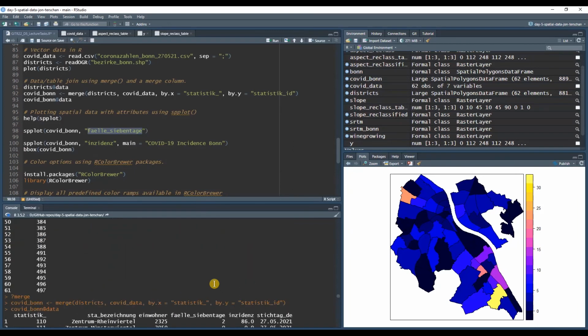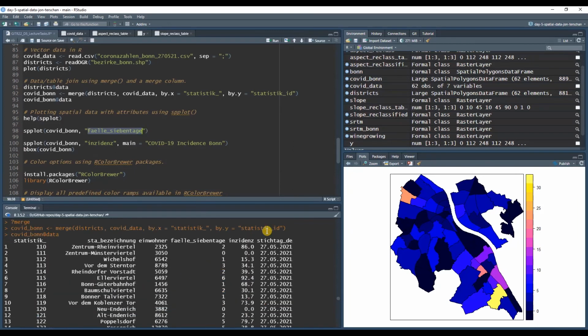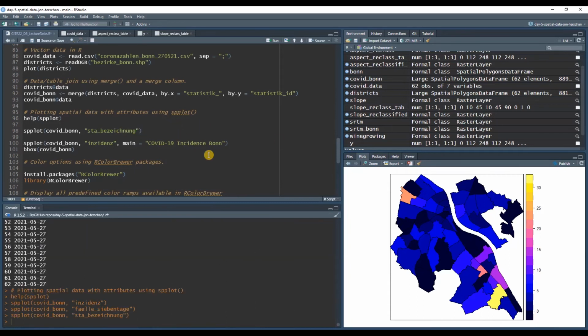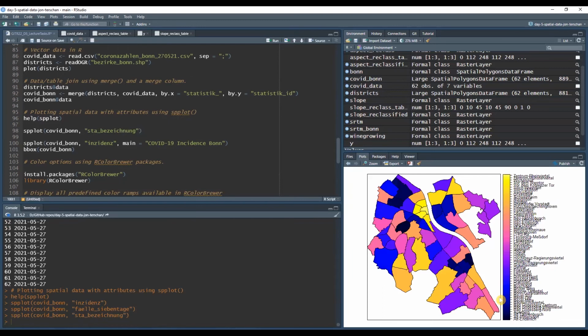We can also plot maybe the name, but then every tile in here will get a different color because it's qualitative. So you see here a giant legend, and each district gets a different name. But we want to plot incidence, which is